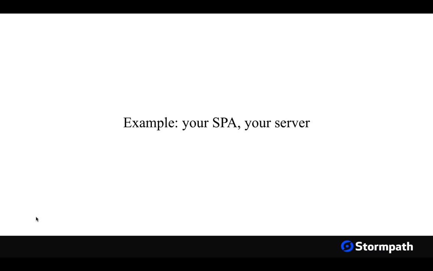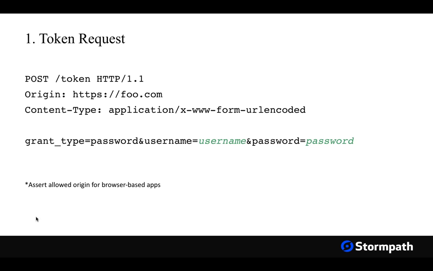In this particular example, we're going to show an example of a single-page JavaScript application talking to your server. And the SPA wants to get a token from your server. So here's one example. The SPA or Angular client or JavaScript, whatever you have, or iOS, Android, it doesn't matter. We'll send a post to a token endpoint. This is the OAuth 2 protocol, by the way. We're just showing you a very simplified request. But you can send a post to a token endpoint,